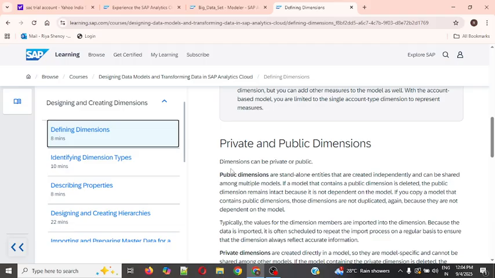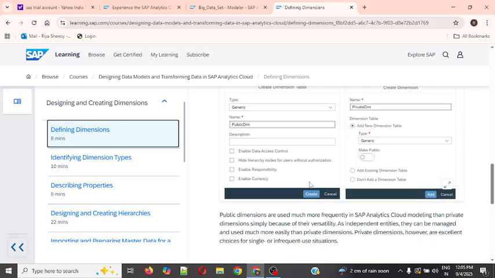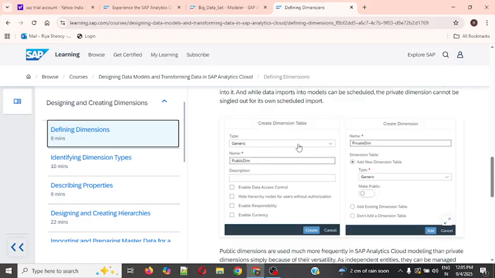Okay, but if you have private dimensions in any of your model, then that particular model which is private cannot be accessed in your story. That's the difference between private and public. And coming to dimension types, there's generic dimension,